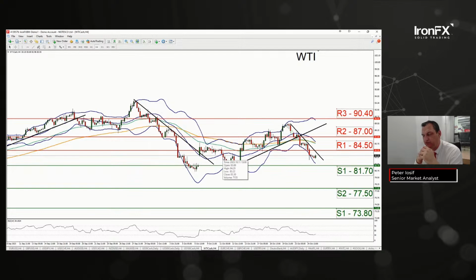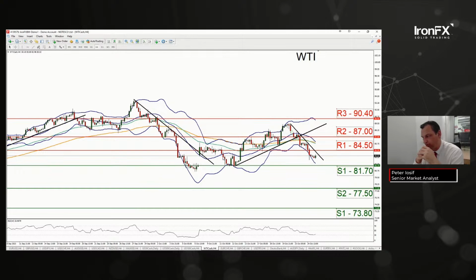I would be highlighting at this point the release of the EIA crude oil inventories figure later today in the American session, which could create some volatility for oil price. On the other hand, I would also be highlighting still the Israeli conflict. It could flare up and escalate at any given moment, and should that be the case, we may see oil prices jumping asymmetrically higher. But for the time being, and as long as the price action remains below the downward trend line, we tend